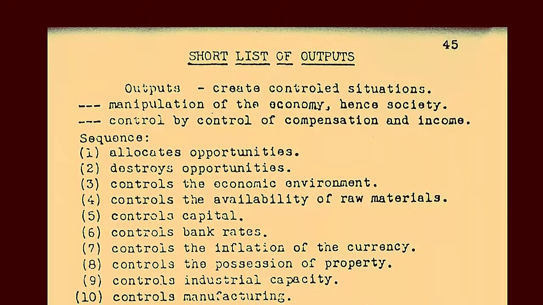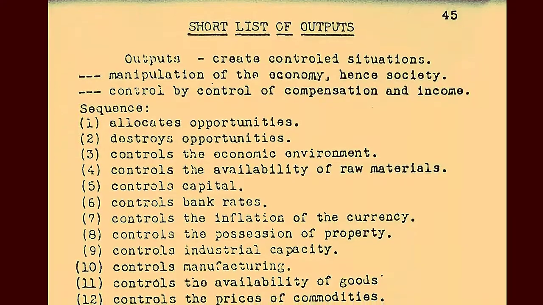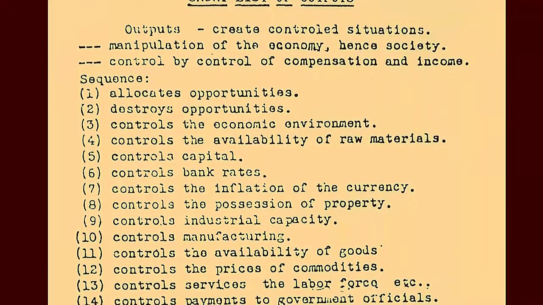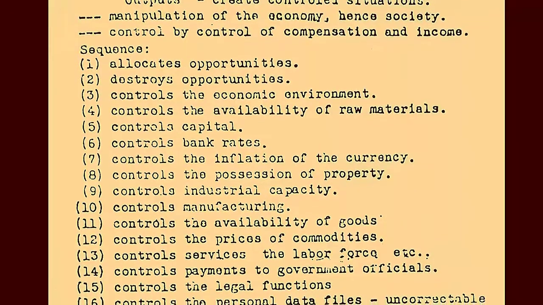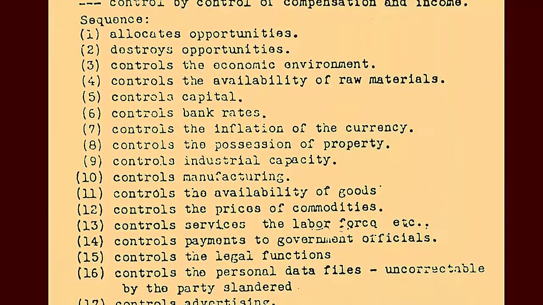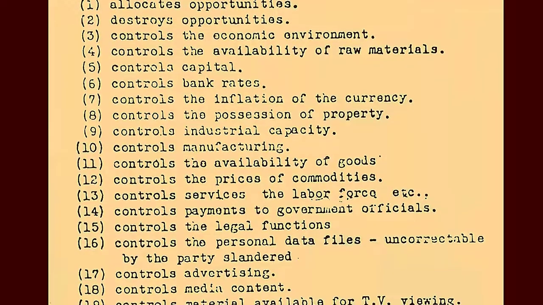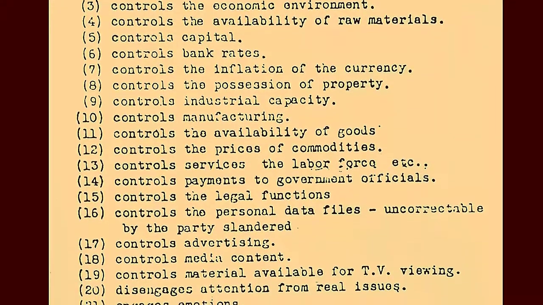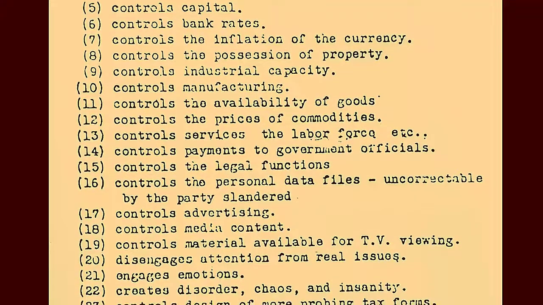Allocates opportunities, destroys opportunities, controls the economic environment, controls the availability of raw materials, controls capital, controls bank rates, controls the inflation of the currency, controls the possession of property, controls industrial capacity, controls manufacturing, controls the availability of goods, controls the prices of commodities, controls services, the labor force, etc., controls payments to government officials, controls the legal functions,